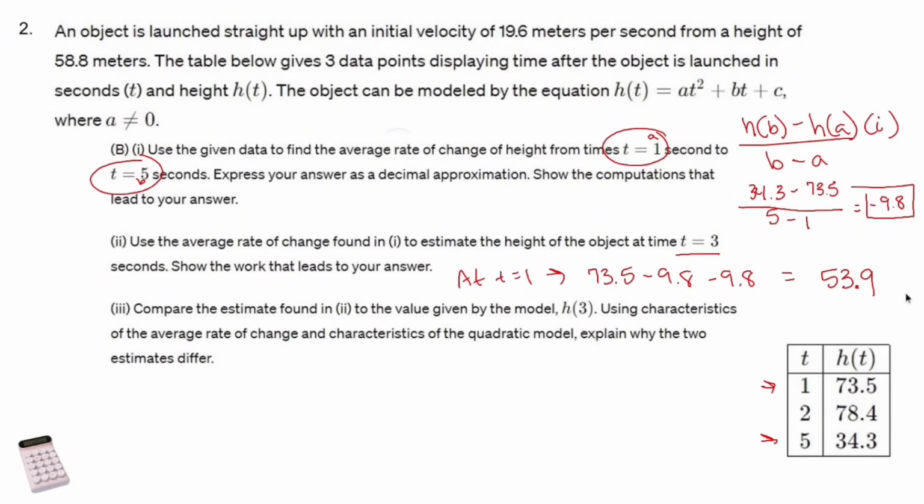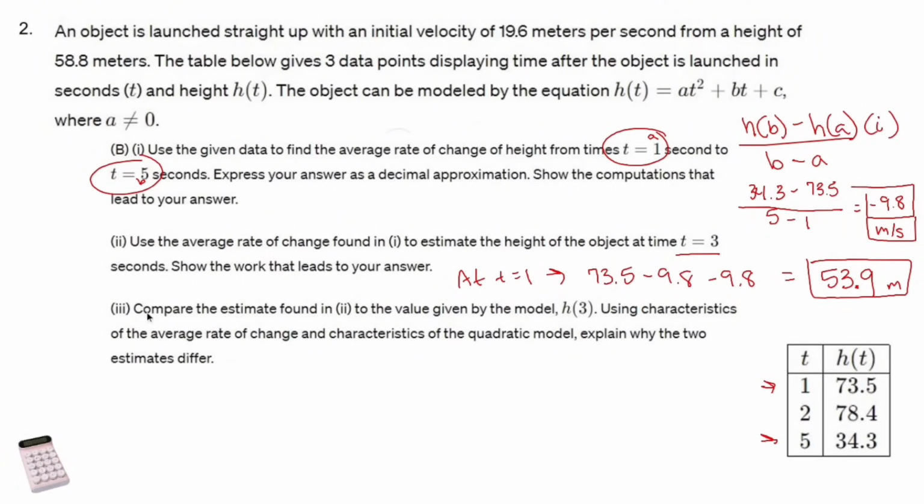So estimate the height. So 53.9 meters. I probably should have said up here that this is meters per second. Okay, so let's just add another box right there. Look at that. All right, compare the estimate found in 2 to the value given by the model h of